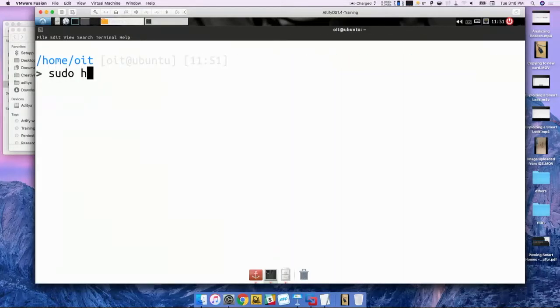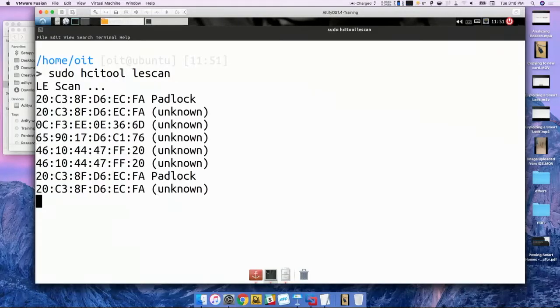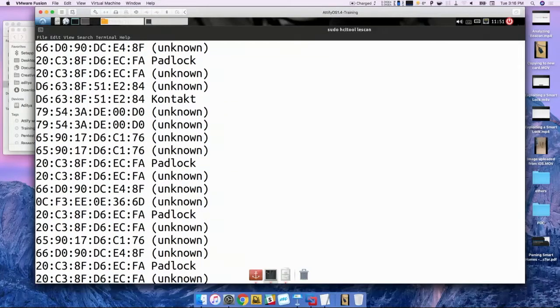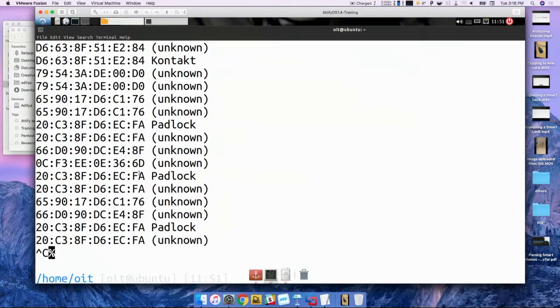The very first thing you need to do whenever you attack a BLE device is do an LE scan, which will scan for all the Bluetooth devices around you. You can see that there are a number of instances of padlock. Let's try to copy this.